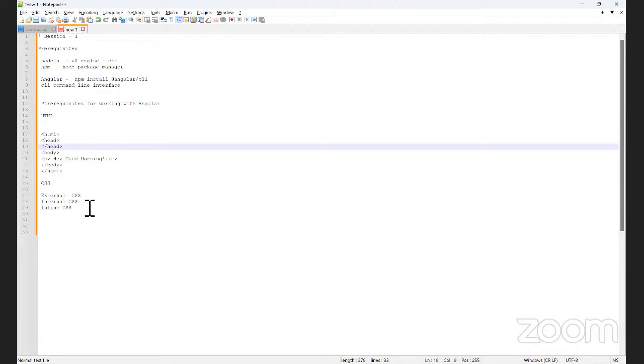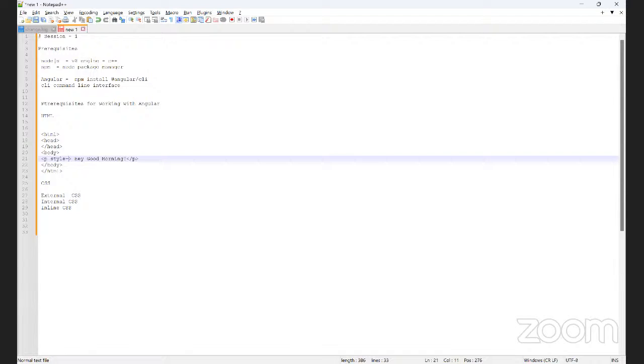And inline CSS are nothing but inside this tag only we are creating one property, style, and we write color equals to blue. So this is nothing but inline CSS.